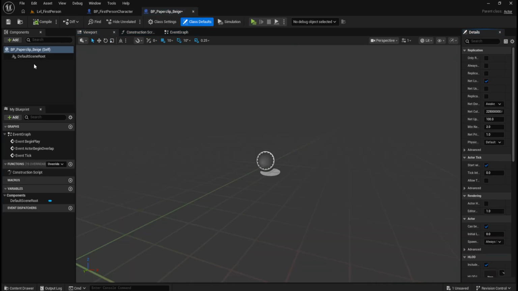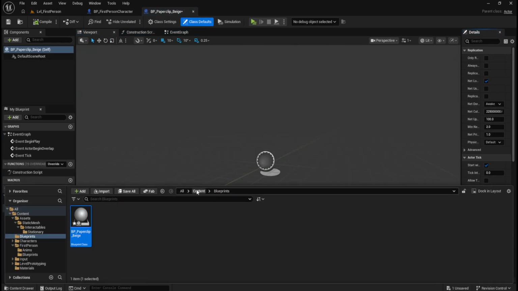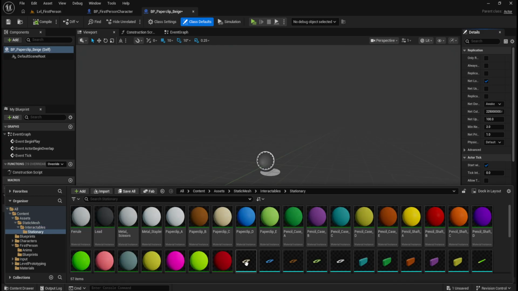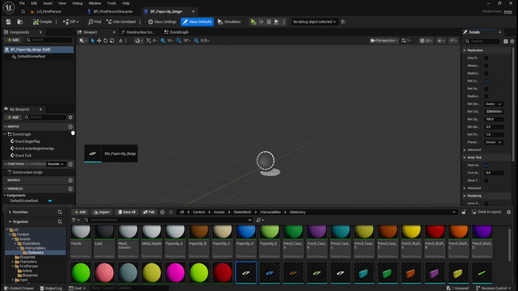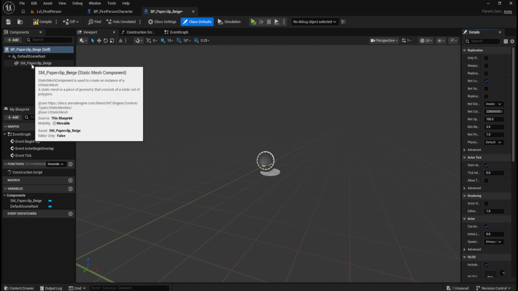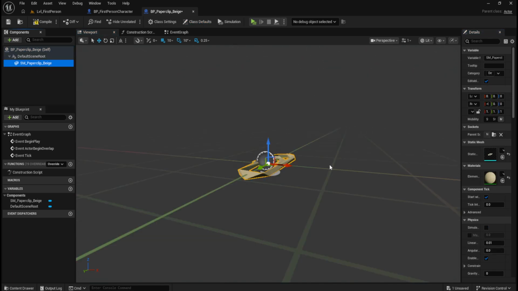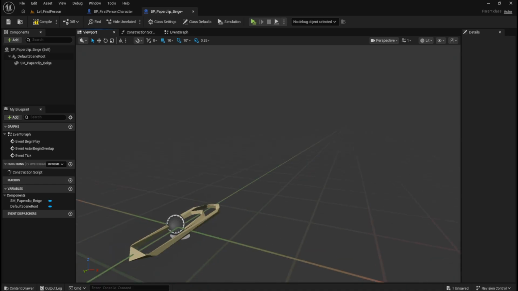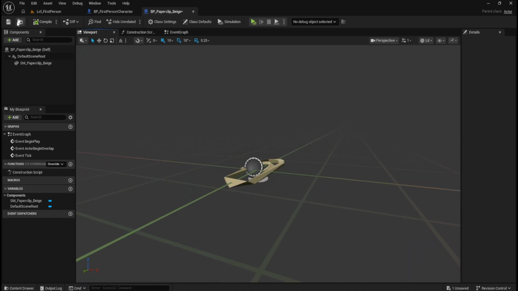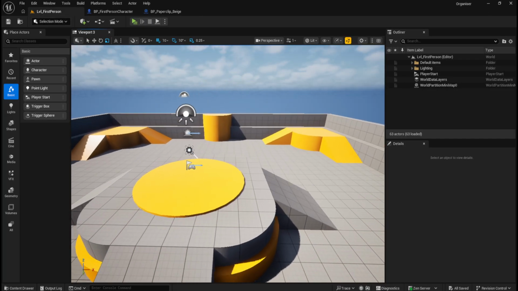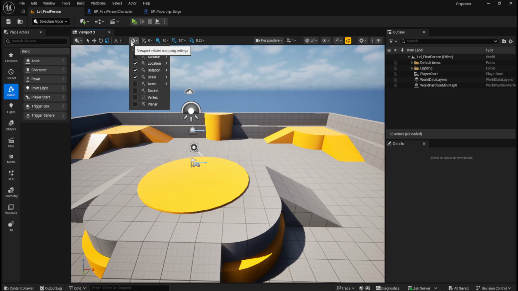Open that up, and then we're going to go into our paperclip beige static mesh, and we're going to drop that on there. And there it is. So now, if we turn on snapping there,